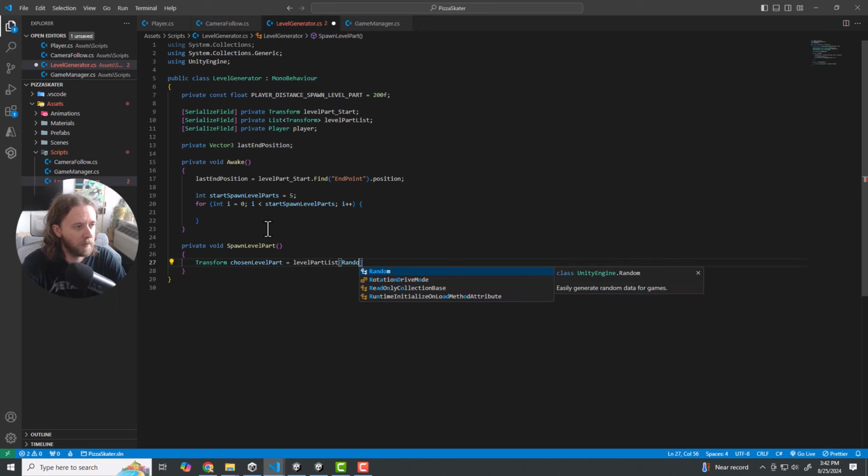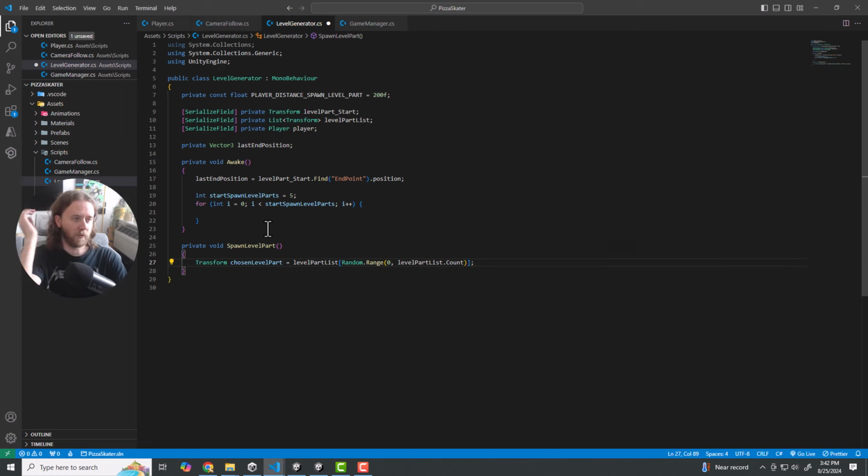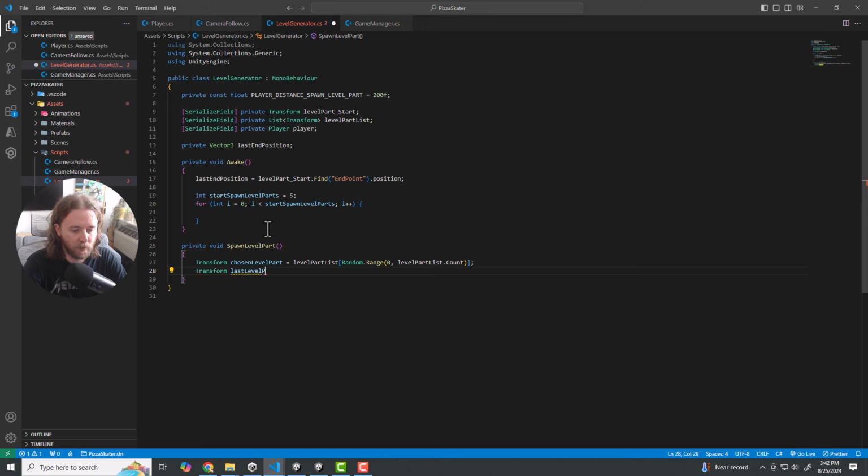So we'll do random dot range, 0 to the end of the list. So level parts list dot count. Whoa, man, I cannot type today. Dot count. Okay, so that'll be our randomly chosen level part. So it might be a broken road, it might be a straight flat road, it'll just be completely random. So we'll do transform last level part transform or something equals, and then we'll have to create